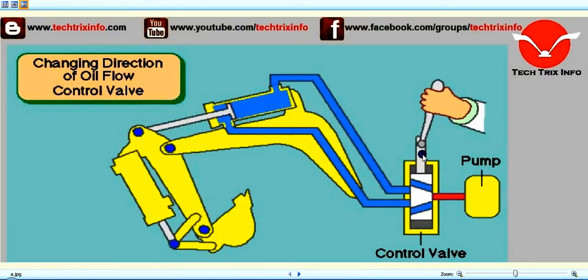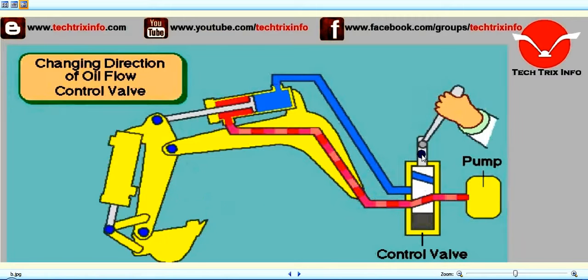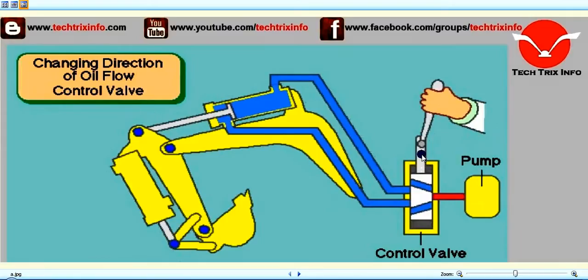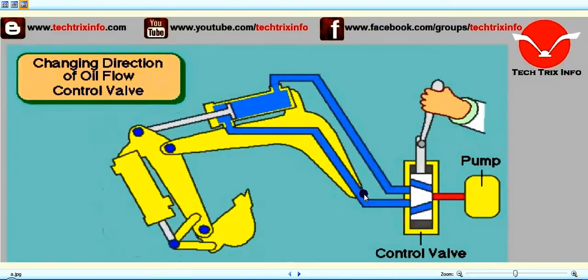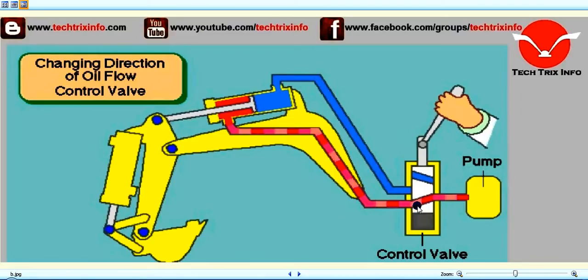So here we have the spool, and as we move the spool you can see the ports get matched and obstructed. So what happens is that as the operator turns the spool like this, the hydraulic line with the control valve matches over here. Here you can see these both lines are actually not linked, so the flow comes over here and it stops here, but as the spool is moved, the line matches and the flow transfers through this hose and reaches